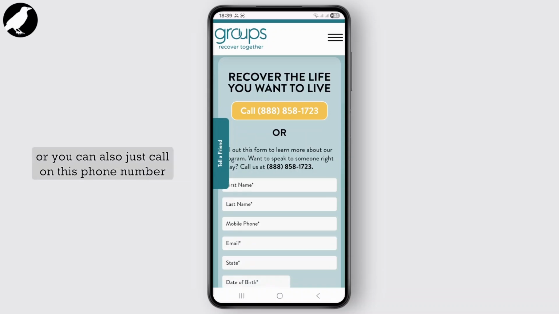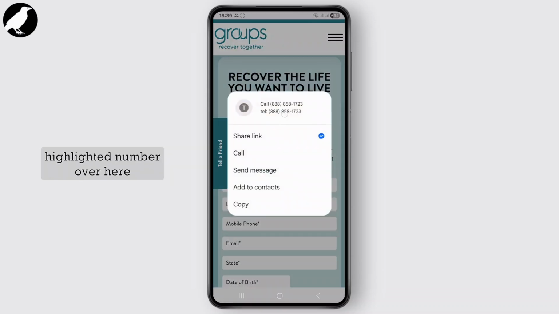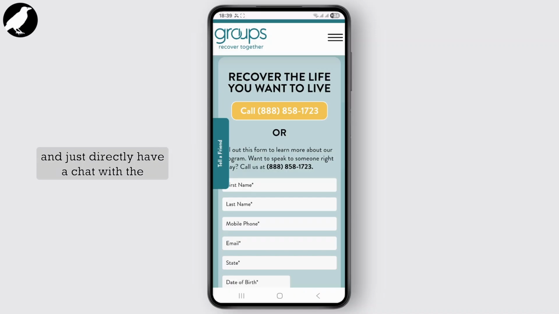Or you can also just call on this phone number over here, which is the highlighted number, and just directly have a chat with the respective person about your issue on Groups Recovered Together